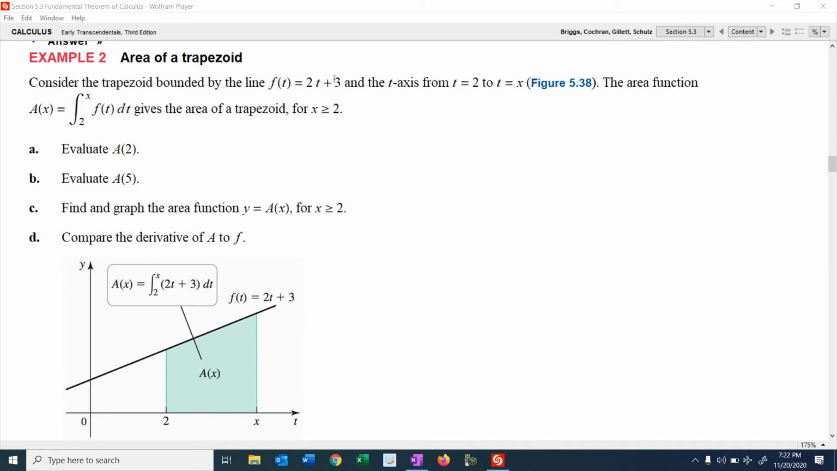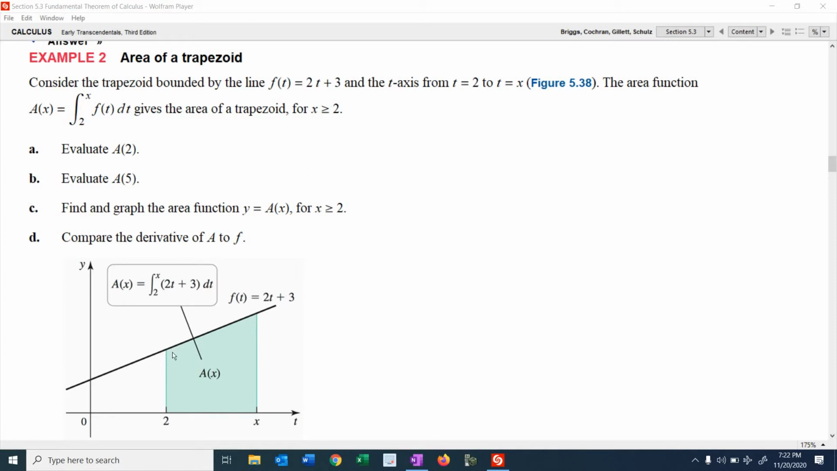Okay, so let's graph this function first of all. Notice that this function has an input variable of t, so that means this is going to be the t-axis. Then we're going to call the output variable y, so that's going to be the y-axis. And so if you graph this function, you're just going to get a straight line with a slope of 2 and a y-intercept of 3, so it's going to look something like this. And then let's find the net area function